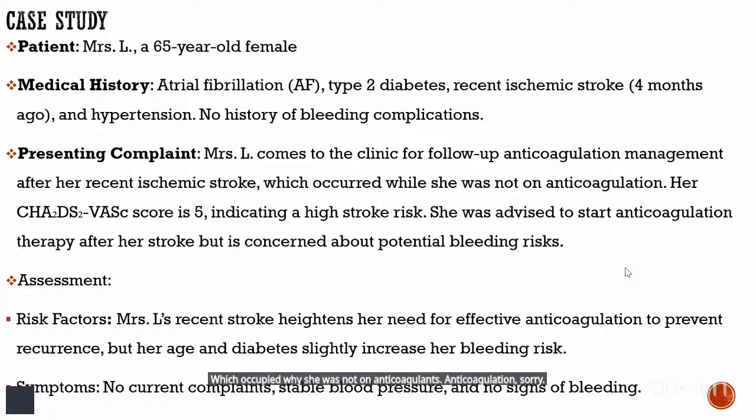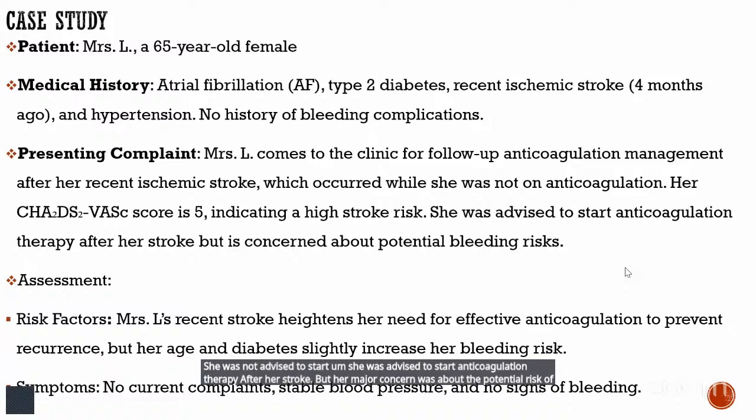Her CHA2DS2-VASc score was actually 5. That's high. That means she has a high risk of stroke. She was advised to start anticoagulation therapy after her stroke, but her major concern was about the potential risk of